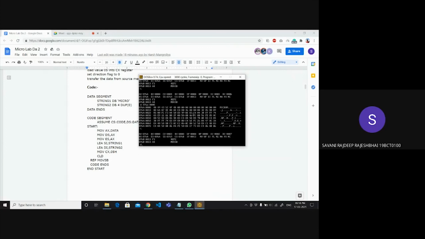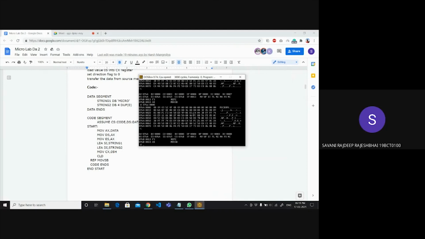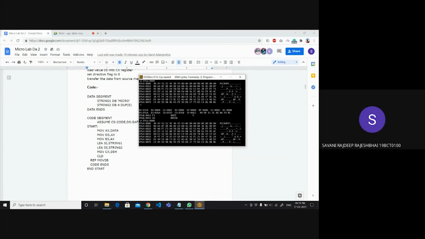One more execution will copy the second character. You can see here it is copied from the second location and transferred to that location. Step by step we can see that one by one a character is copied from the previous string to the new location.